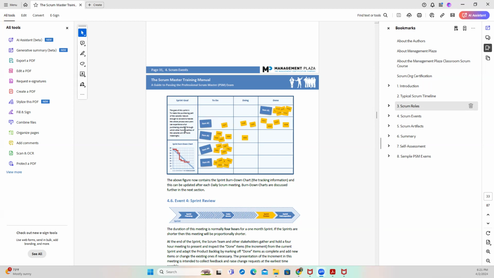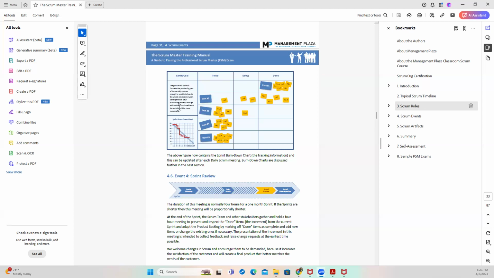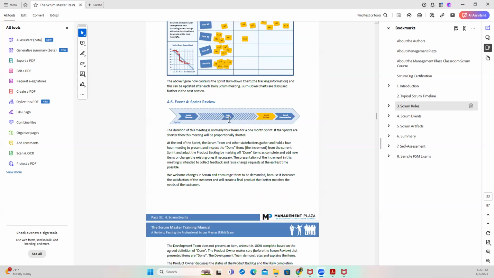All right, so the sprint goal is right here, and you can see their burn down chart is really burning down. They're working. We'll see this chart again a little bit further down when we get to the sprint review at the bottom. So you see the sprint goal is still there. Work is moving. Now we go to the sprint review.